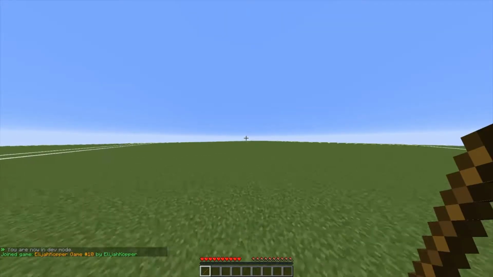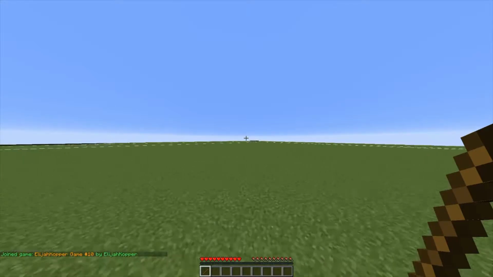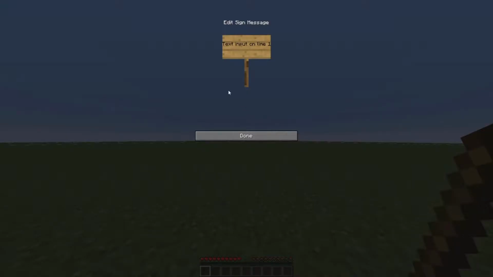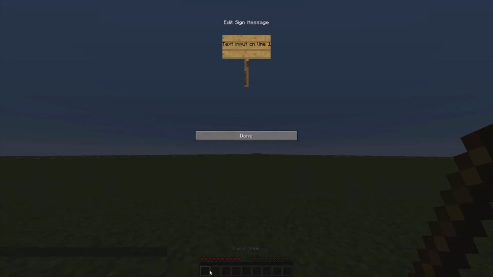Alright, so here's how the system's going to work. You're going to be able to do whatever type of activation you want. So if you want to force it by something happening in the game, like a game starts, or you have a timer, and once the timer hits, you have to input something or whatever. You can do whatever you want, but in this case, we're just going to be doing right click with this,